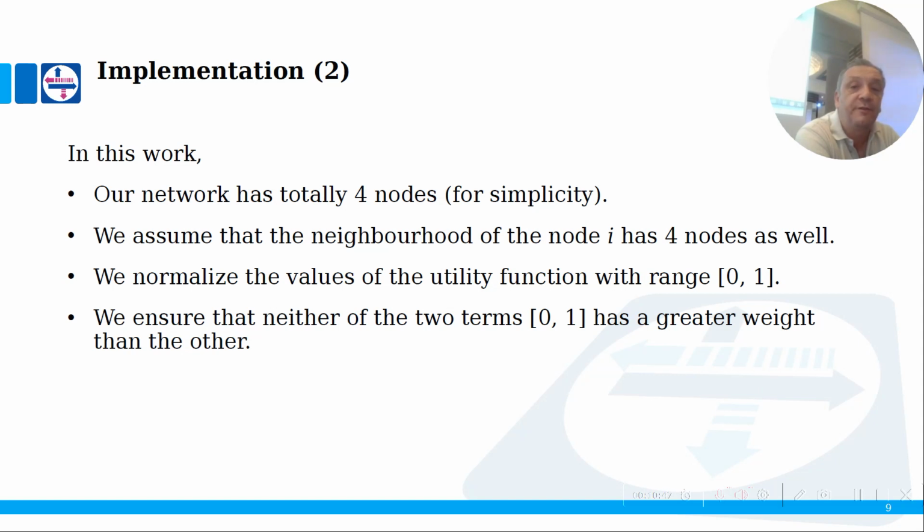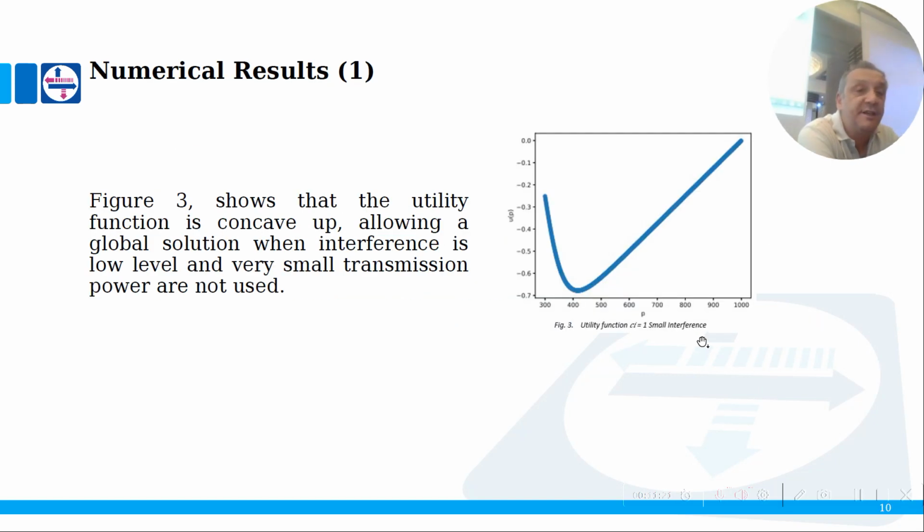We assume that the neighborhood of the node has 4 nodes as well, and we normalize the values of the utility function in the range 0 to 1, just because we cannot have, let's say, for example, 800 microwatts and then have the packet reception ratio which is between 0 and 1. Then we will have a bias. For example, we will have something that essentially won't work. And we ensure that neither of the two terms has a greater weight than the other. That's what we assume. As we can see in the numerical results in figure 3, the utility function is concave up,